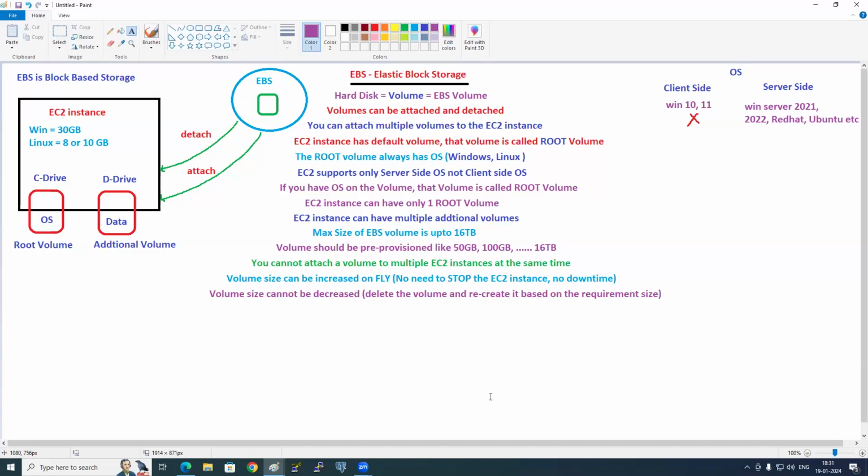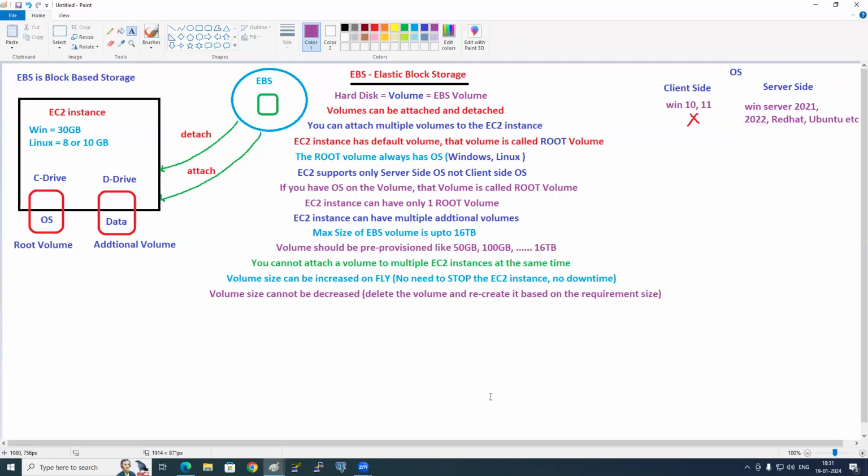Root volume is attached with a device name called /dev/sda1. Additional volume is attached as /dev/sd, not a1. Sdb, e, f, g, something. Apart from a1, it can be anything. Now you started me. EC2 instance got started. When I start, I need to boot from the operating system. So whom should I look at?